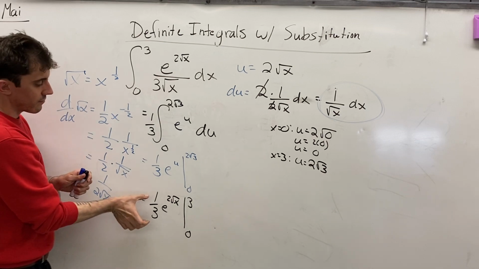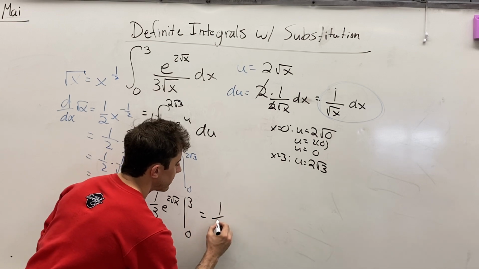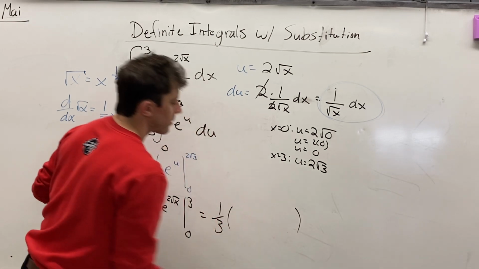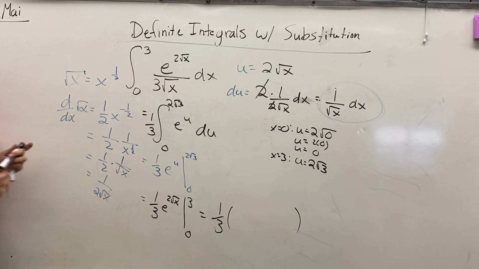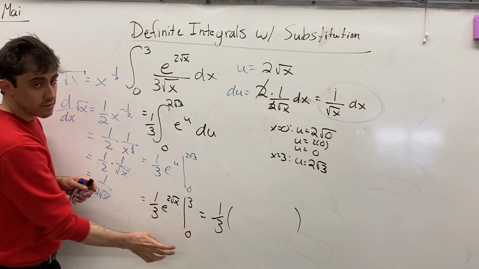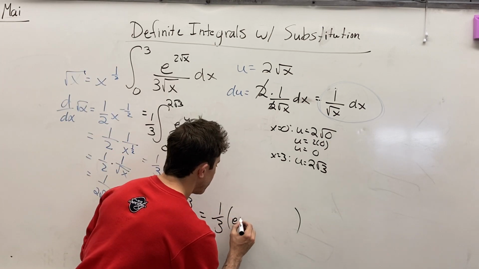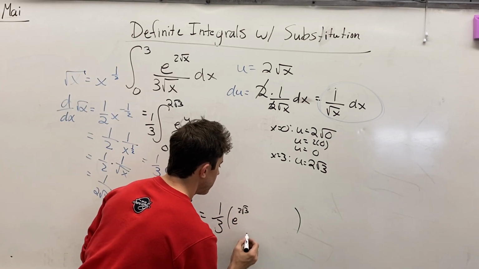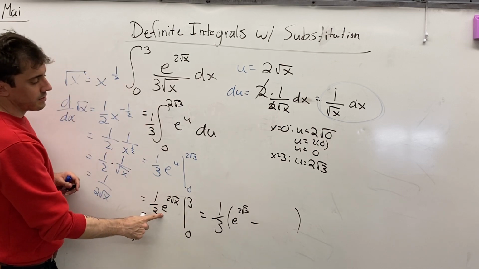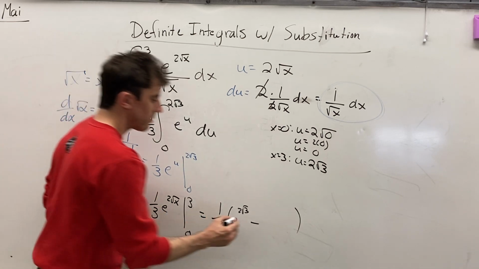And so now we have 1/3 at the very front, and that's easy enough to deal with. We can leave it at the very front and do the rest of our calculations inside of a bracket. So we have e to the power of 2 root x evaluated from 0 to 3. So let's start off with the upper limit of 3. And so we have e to the power of 2 root 3, minus, when x is equal to 0, e to the power of 2 root 0,